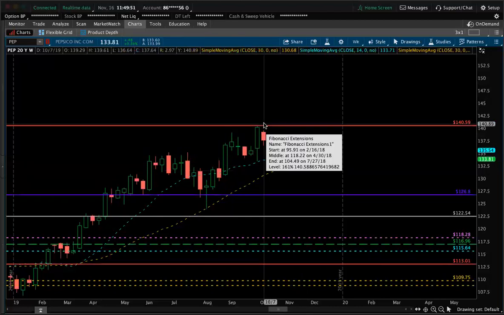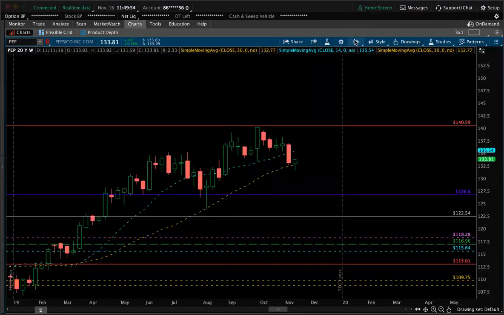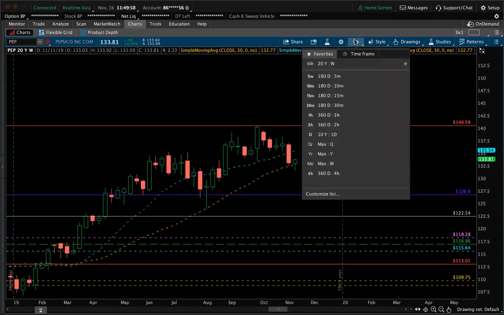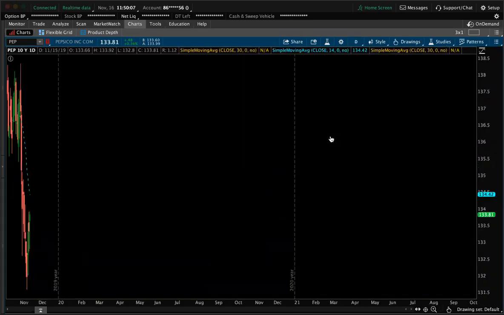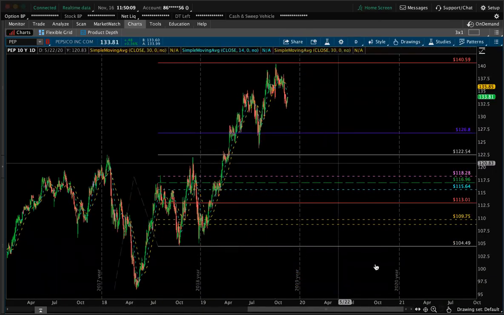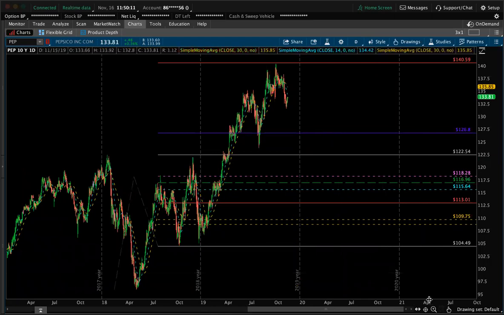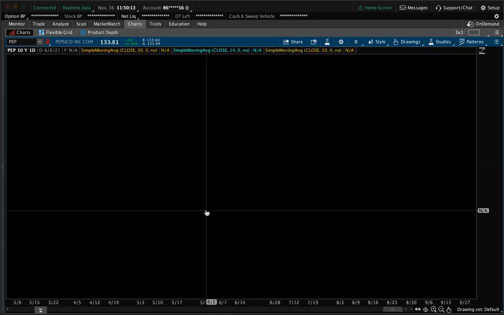So now we're going to get into the nitty gritty of mental stops. If price doesn't hold here, I am out. I'll look for a re-entry another day or another time of day. So I'm now breaking it down to the daily. Now here's PEP. See how clean it looks. Even on the daily, all candles react with each level.